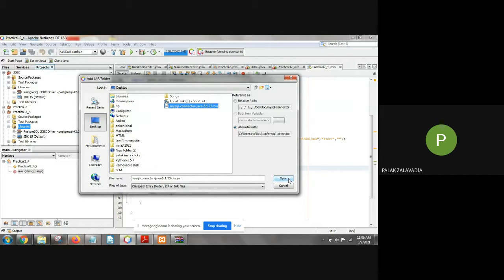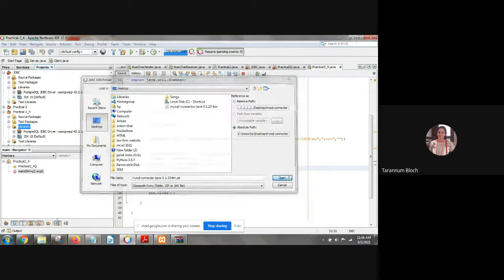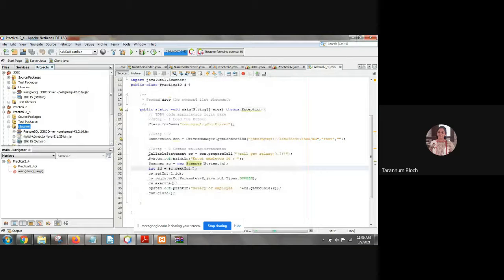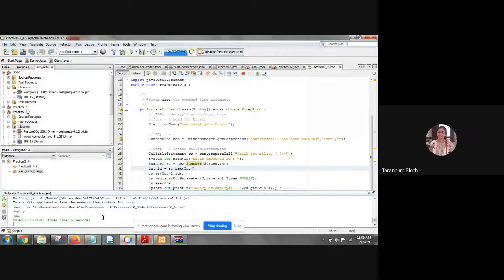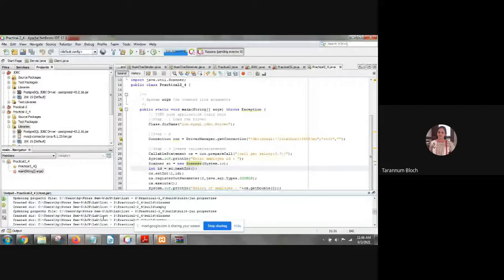Yes, click on open. Do clean and build, the hammer and build. Build successful. Now you can run the program.